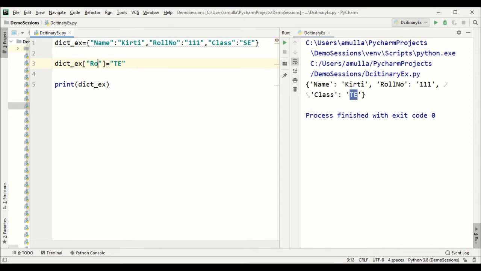Now let's change the roll number. Maybe we can change the class here and we can change the roll number down. Say for example, now if class has changed, the roll number will also change. Say for example, now it's 110, and then let's check. Correct. So now the class is T and the roll number is 110. Okay. I hope you are clear on this. This is changing the value of